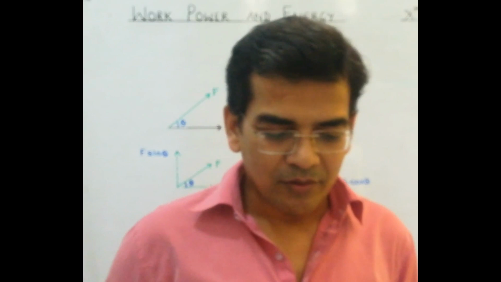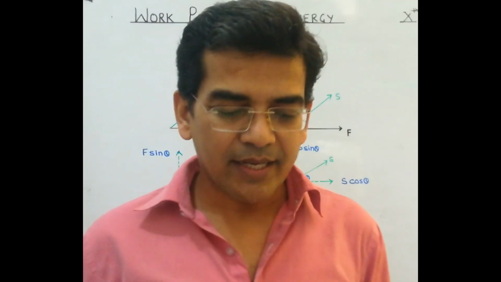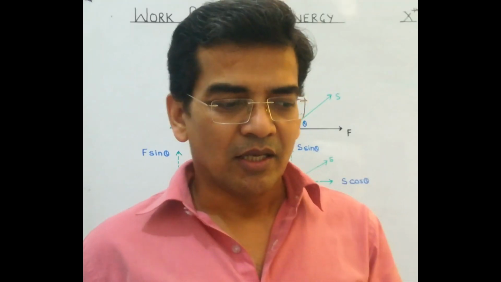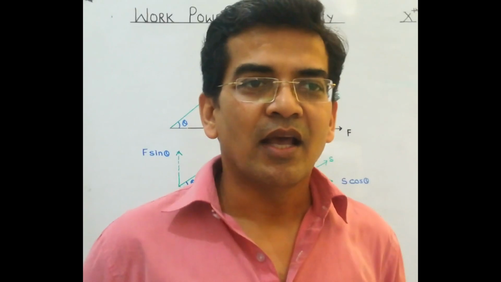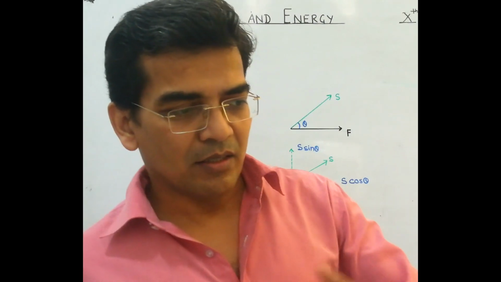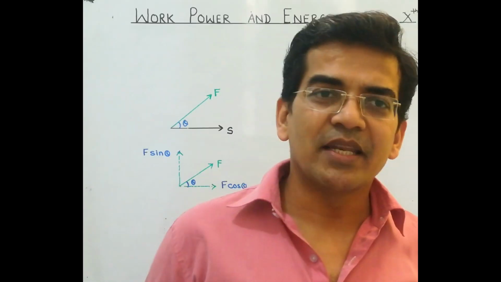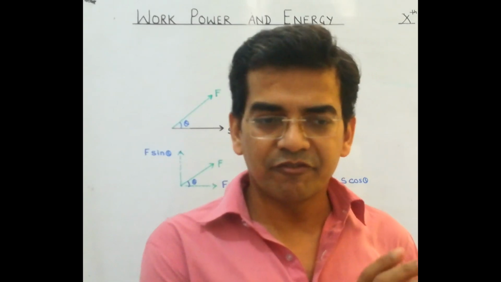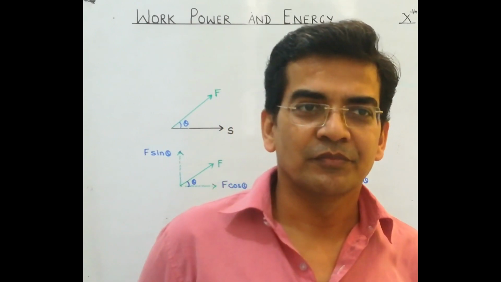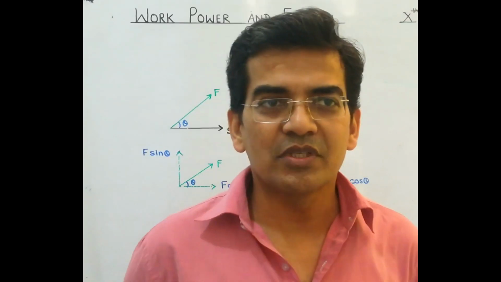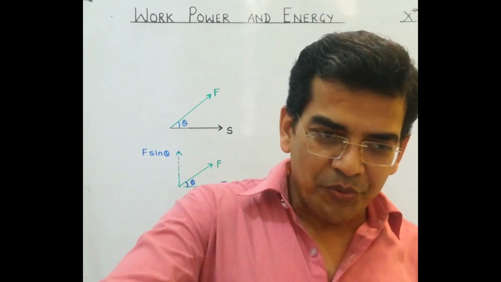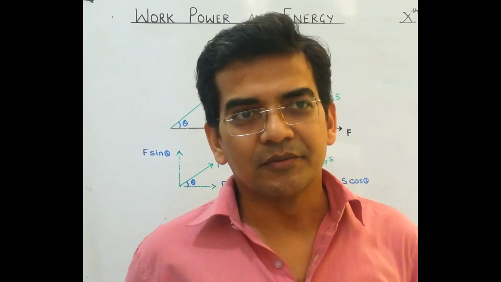Now see here, first of all, we have defined work. In physics, we say that work is done when a force is applied on a body and it produces displacement in the body. Now there are two cases, or you can say many cases. In one simple case, a force is applied on a body and the displacement is along the force, and in some cases we apply the force and the displacement is not along the force. So how do we derive the formula for work done?